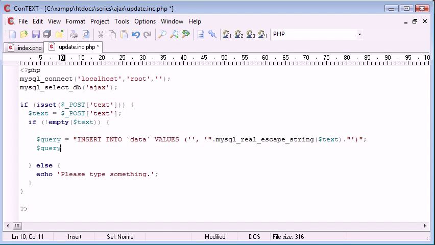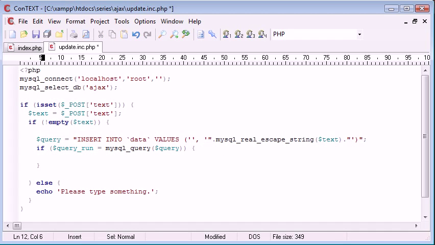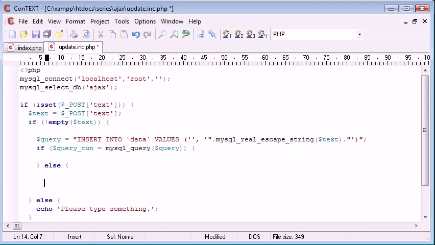So now we're going to say query_run equals mysql_query, and then obviously the query string inside of there. So let's just add this into an if statement so we can check if it's worked. So if query_run equals mysql_query, this is going to return true if the query was a success. So we can say in here success, else we can say failed. So let's echo failed. Oh, not in capitals, it's a bit rude. So failed, and then otherwise here we can say echo